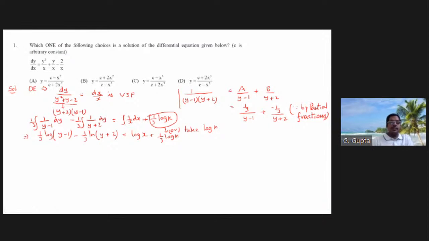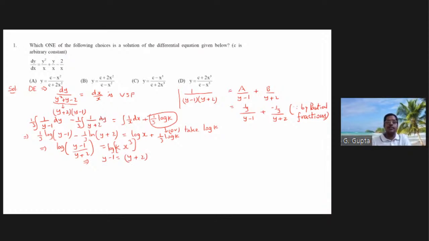So eliminating first the 1 by 3s. Using properties of logarithms, log m minus log n is log m by n. So you will be getting on the left side log of y minus 1 divided by y plus 2 is equal to, there is no log here. Using properties of logarithms, a log b is nothing but log b to the power a. The pre-multiplication number will become the power. So it is k times x cube, or log of k times x cube. Eliminating logarithms, y minus 1 is equal to